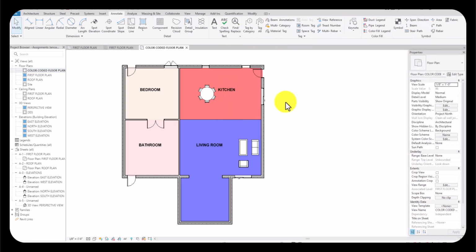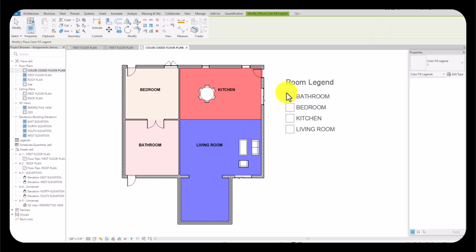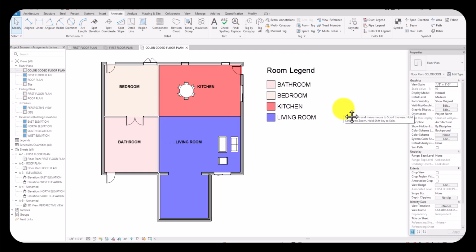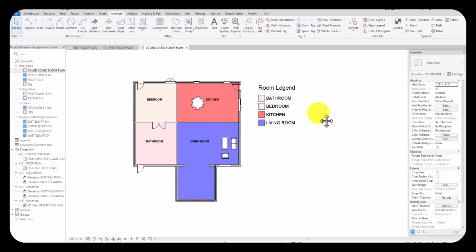Okay, so now we need our legend here. We can go to Annotate, and in the Annotate tab, let's pick Color Fill Legend at the top left, right there. You'll see that you have your legend, and you can go ahead and click wherever you want to put it. If you want to change the colors, you can click on the room legend,